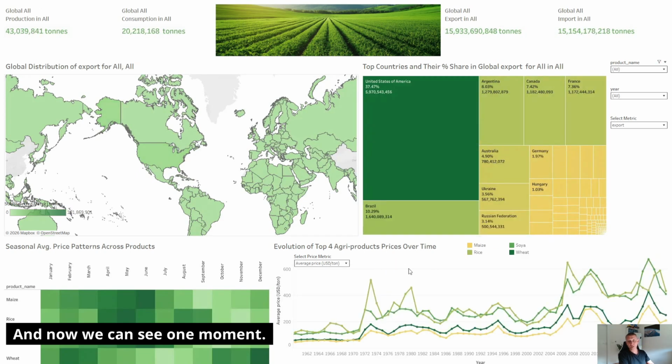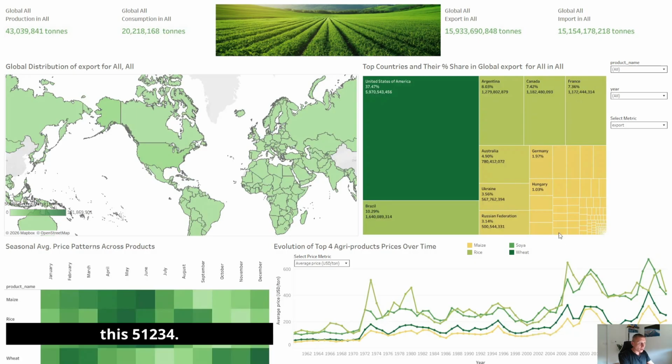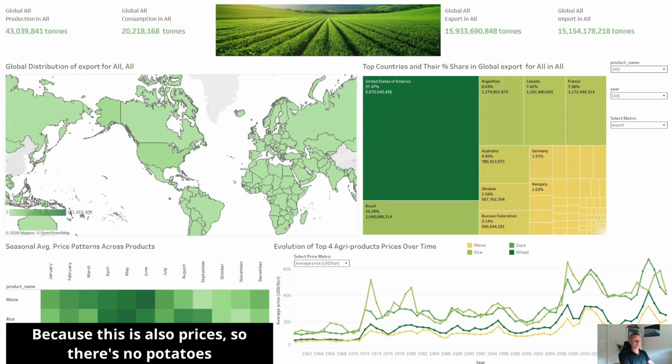Okay, now we can see the historical price evolution for these four, sorry, because this is also prices, so there's no potatoes here. So we can see the historical price evolution for these selected four commodities or products over multiple decades from 1972 till